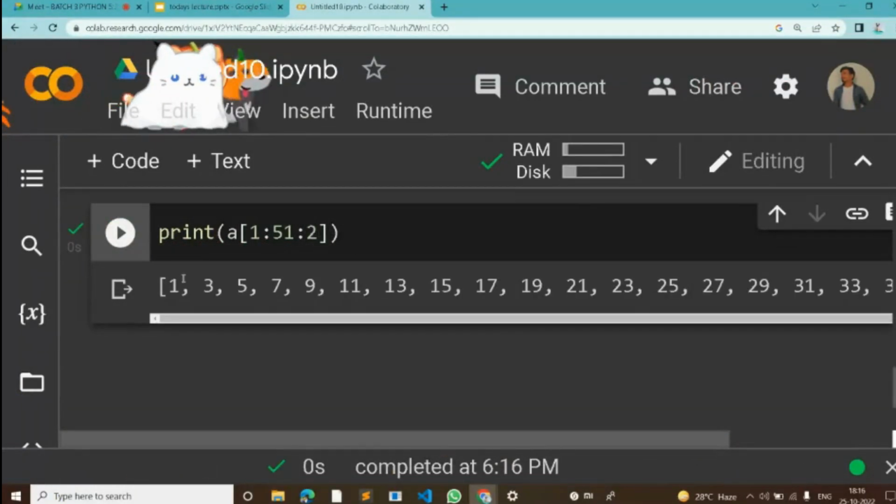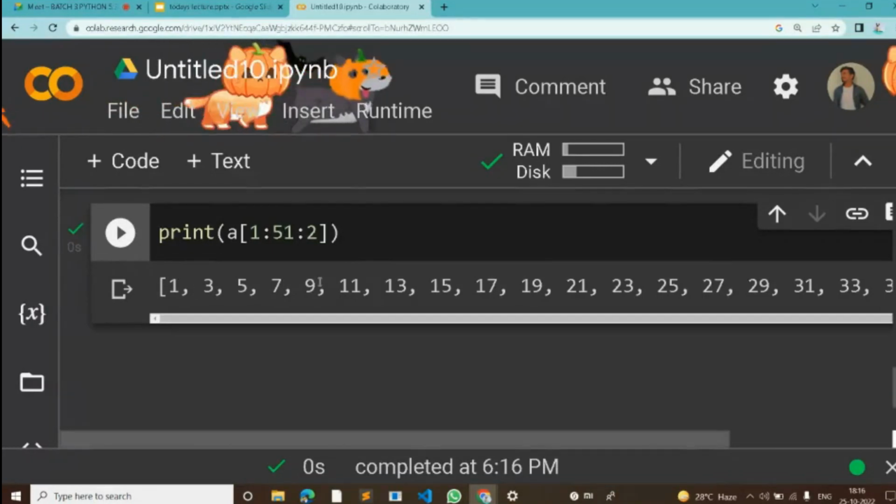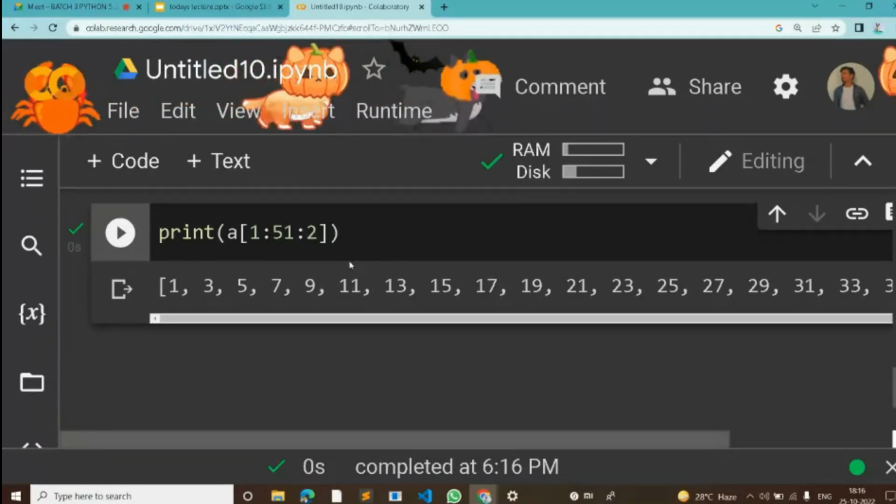You got the odd values there, like 1, 3, 5, 7, 9, 11. And if you want the